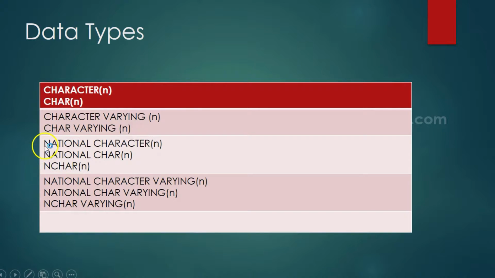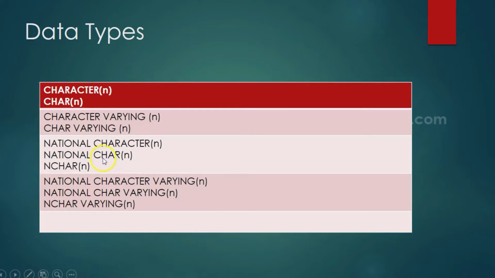indicates this is regarding, suppose your database is in a specific country like Germany or Japan or France. In that case, they use special characters, as they have their own alphabets. If you want to store data items written in French, German, or Japanese, then you can declare a column as national character.